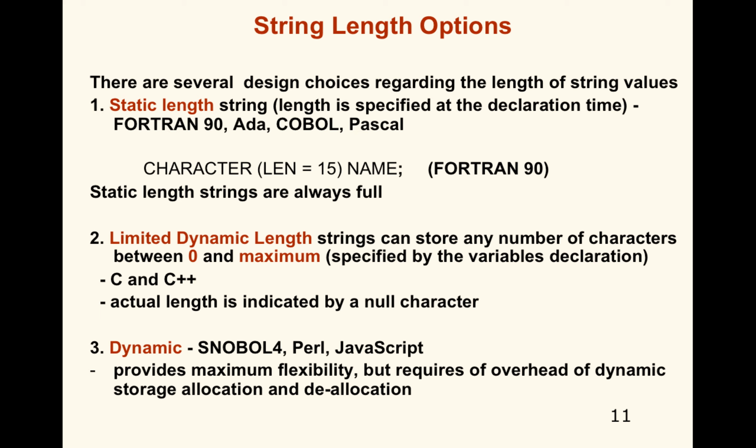And then on the bottom, we have dynamic. Well, there's JavaScript. You could also add Java to this. Perl, SNOBOL. It provides maximum flexibility, but requires the overhead of the dynamic storage allocation and deallocation. Java and Python both fall into the dynamic category as well. Python does all variables, and all data type lengths and characteristics are 100% dynamic, and Java is like 99% dynamic on everything. There's a few exceptions, but for the most part, they're dynamic. So the string is dynamic in Java as well as JavaScript, which are two different languages, by the way, and